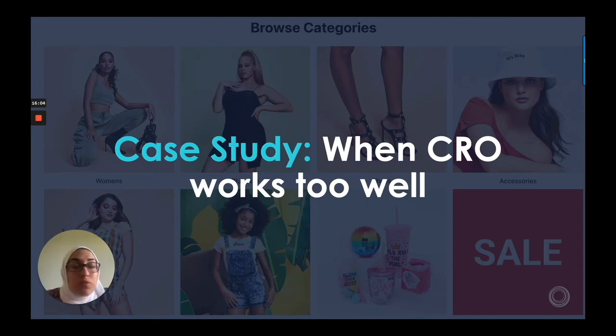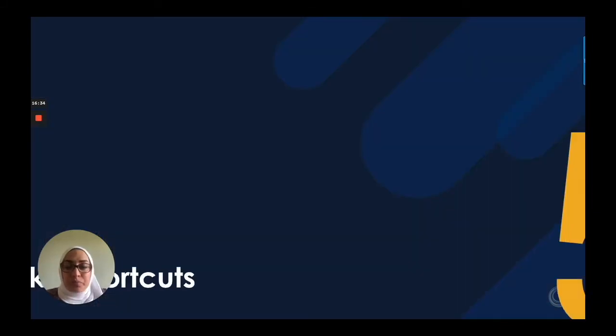We did optimize. We made the website a lot better, but what we noticed was that as a result, we saw more traffic coming to the website, more conversions coming through the website, and a drop in foot traffic in their stores. And that was a huge concern of theirs. They didn't want the website to be better than what they had in their stores. They still wanted their stores to be the dominant revenue factor. So again, there was a lack of alignment there.